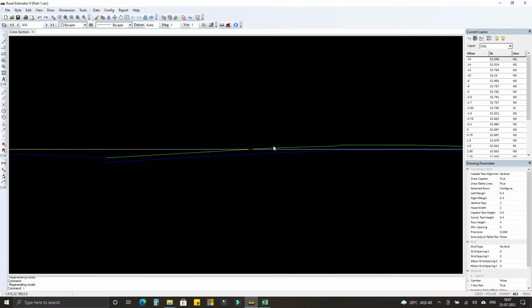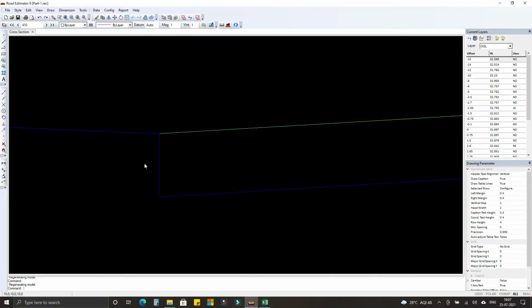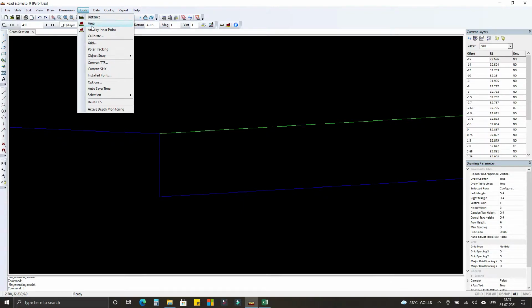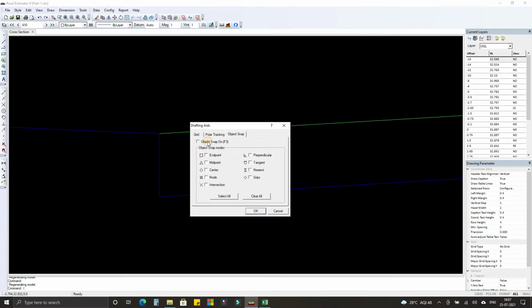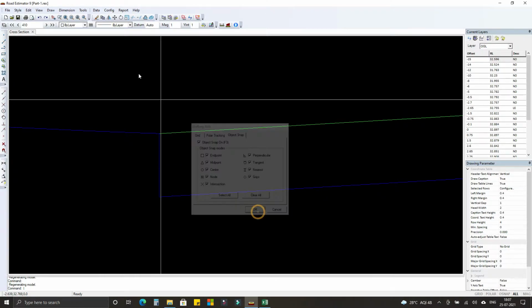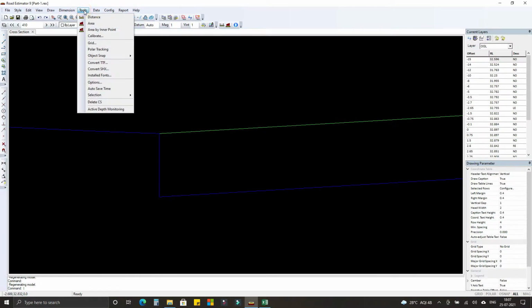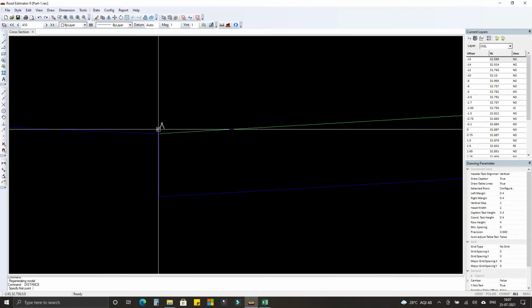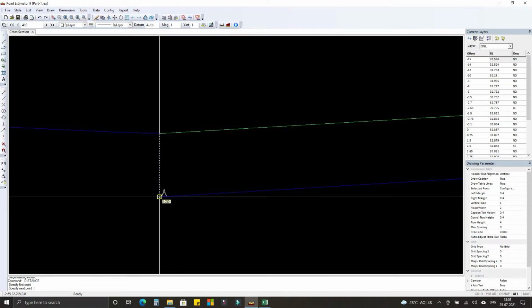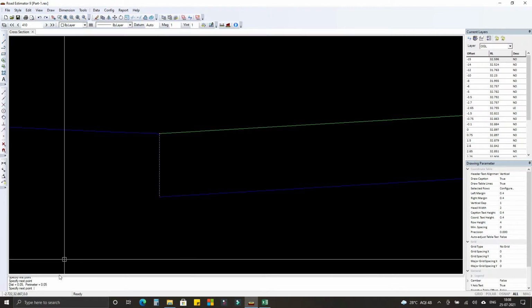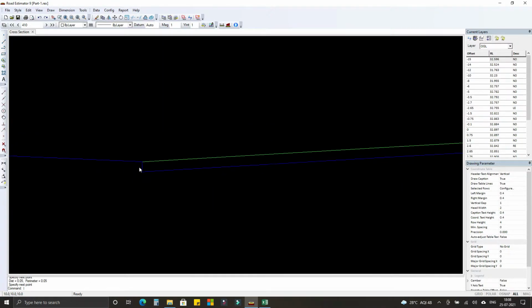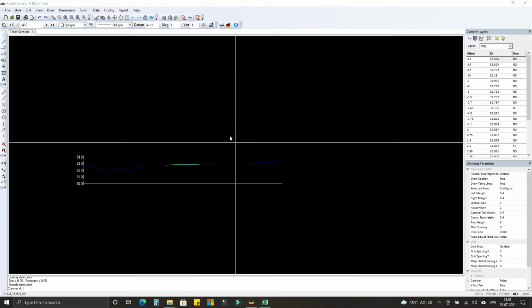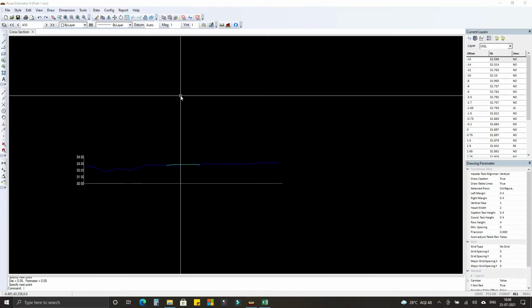See here, we got a blue line, which is our OGL line, and the actual original road level is a green line. We have done a scarifying of 50, so let's check whether it is 50 or not. First let's turn on object snap. Next go to tools, distance, select first point, second point. We have a 50 thickness. Okay, so next we have successfully imported OGL data and FRL data.